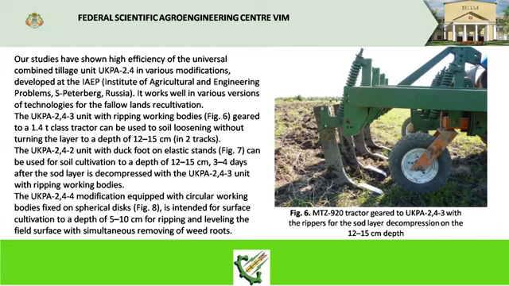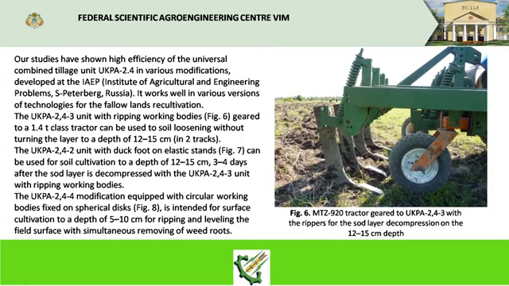The EQPR 2 and 4 unit with reaping working bodies, geared to a 1.4 ton-plus tractor, can be used for soil loosening without turning the layer, to a depth of 12 or 15 centimeters. The EQPR 2 and 4 unit with ducts put on elastic stands can be used for soil cultivation to a depth of